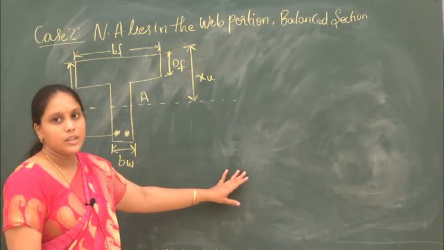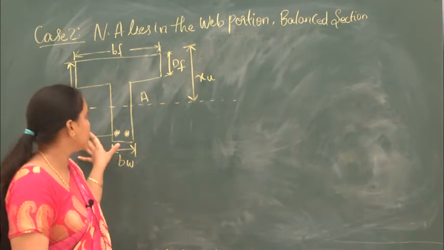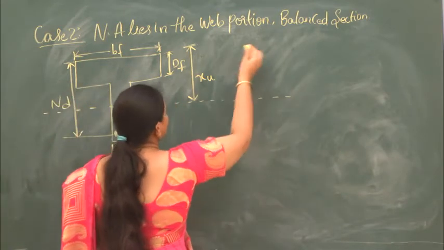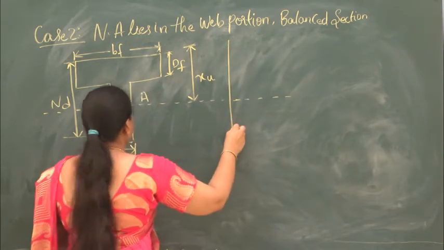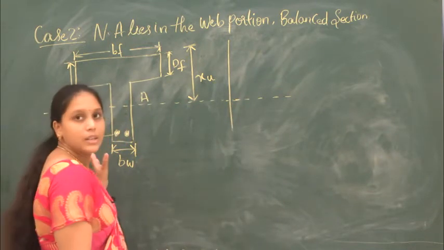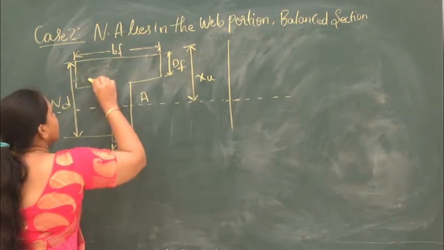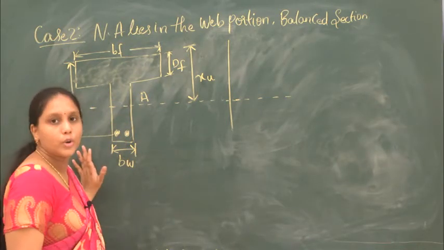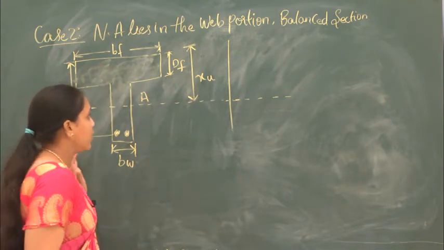Now let us draw the stress profile for this particular T-beam section. So how will we draw the stress block? The similar way how we have drawn for the beam. So from the neutral axis, you are going to have the stress block. That is the topmost part. All this part is going to be under compression, and the bottom part is going to be under tension. So the topmost part will be concrete.